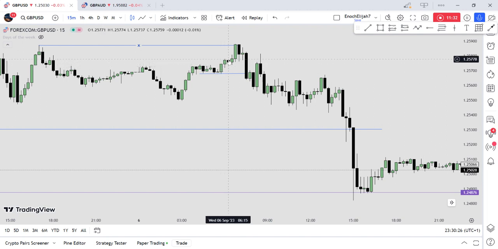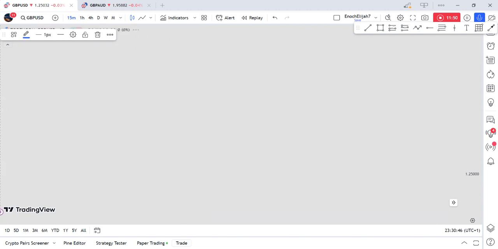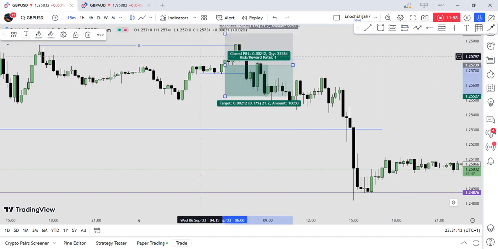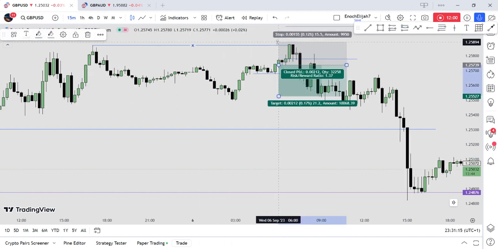Normally I plan to place my entry right here before, around here, but looking at that, price may not get to this level, so I had to bring the entry a little bit lower. So I brought the entry from here down to this place to reduce my risk of missing this good move. Stop loss above the high,